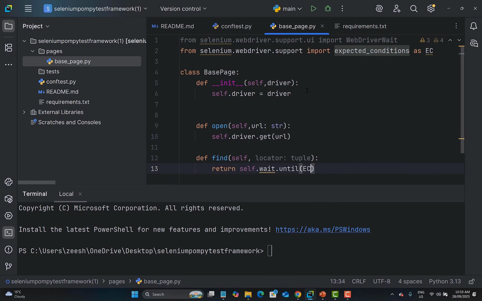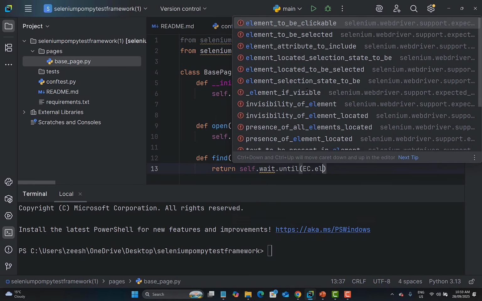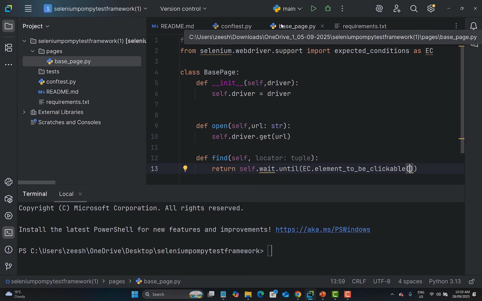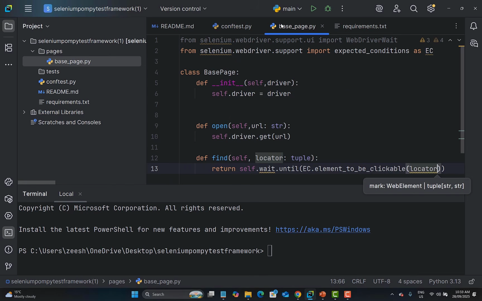You see that? Click on this one, and now when we are locating the element, it can be any condition. For example, I want to wait for the element to be clickable. So I will say EC dot, and you see that we have different methods, like element to be clickable, element to be selected, right? I'll click this one, and inside it I need to tell for which element you want to wait. Whatever locator we pass, it will wait for that one. So locator here,